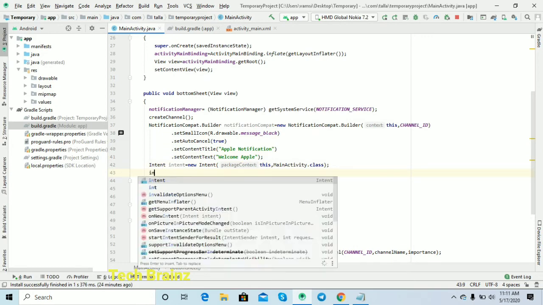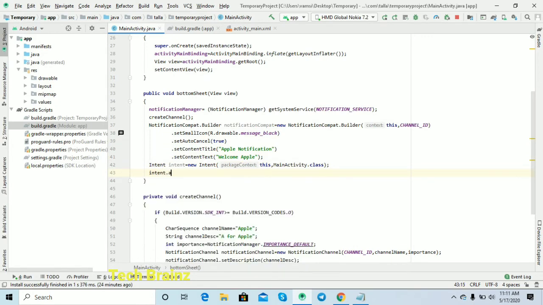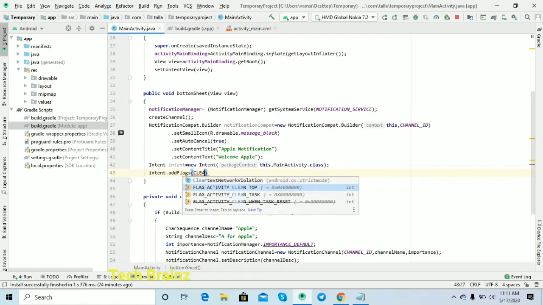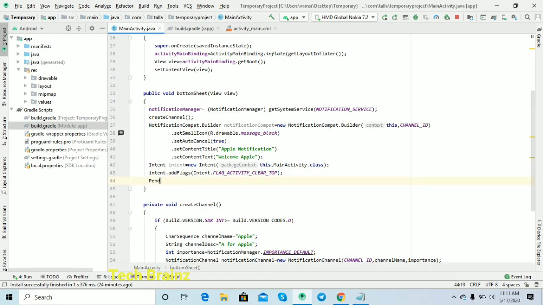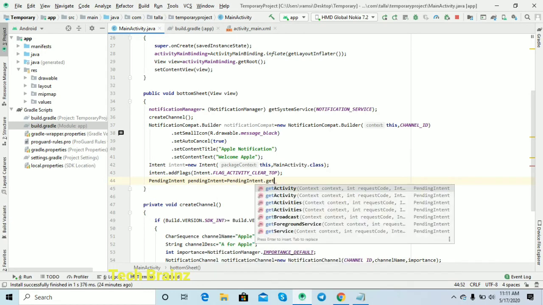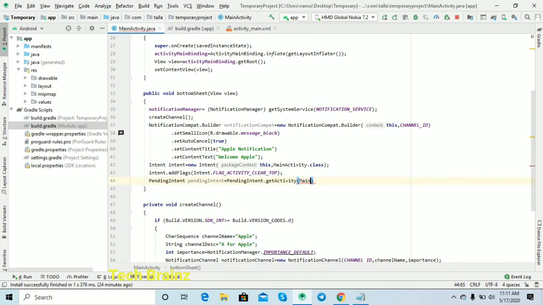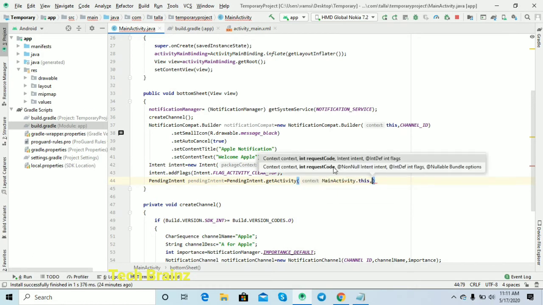After creating an intent object, I have already said why we are writing this intent object. We are adding flags because we are already opening the app. You can understand why we are adding flags and intents while I'm running this application. If we click on the notification, it needs to take us to the main activity. So that's why we are adding the intent to the notification. If you don't want an intent, you can skip it. That's your wish.